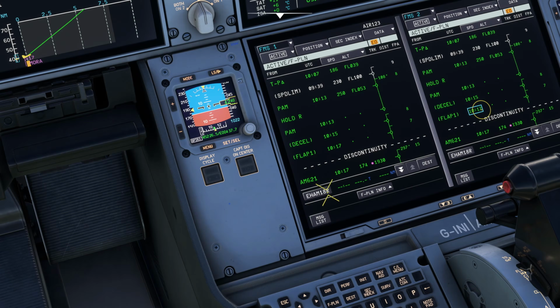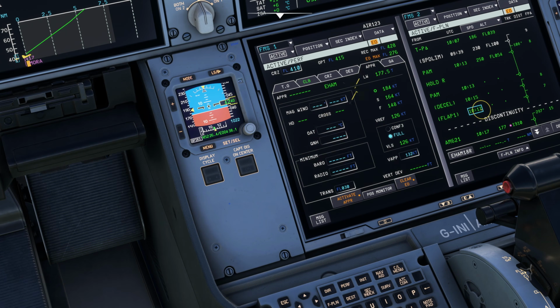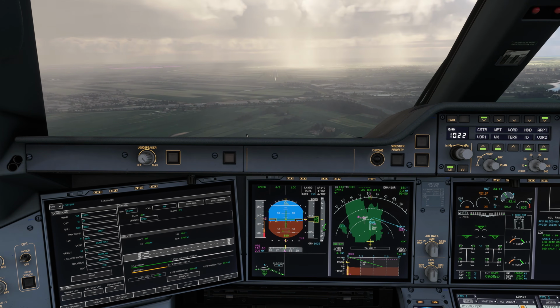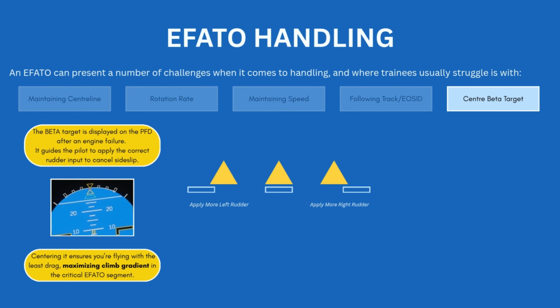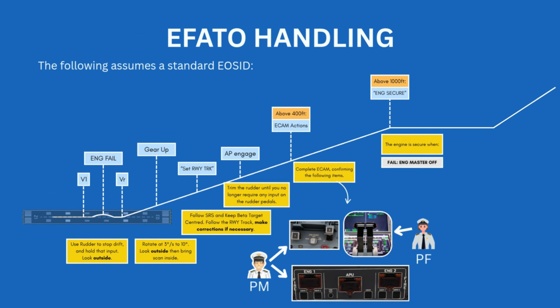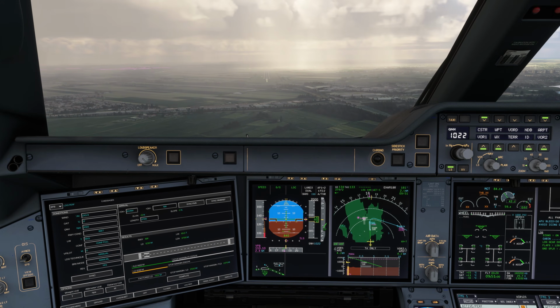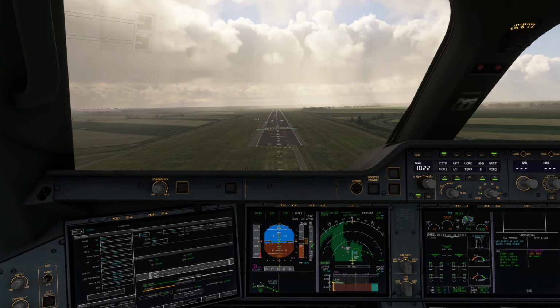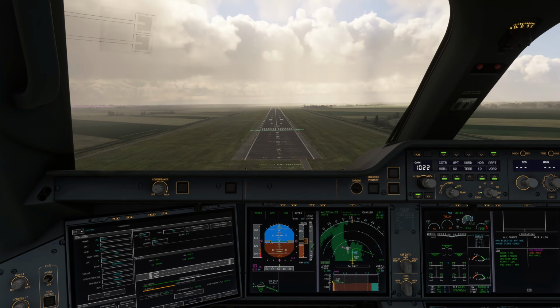Today we're going to be looking at one of the most critical scenarios in airline flying, an engine failure after takeoff, also known as an EFATO on the Airbus A350. We'll start with the theory. This will cover the procedure step by step, where trainees often go wrong, and the different types of engine out SIDs. Then we'll jump into the sim with the iniBuilds A350, flying one engine maneuvers including takeoff, approach, landing and